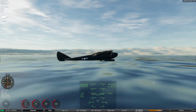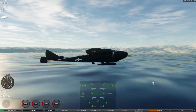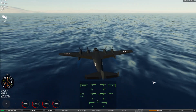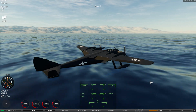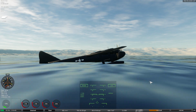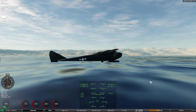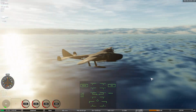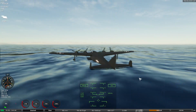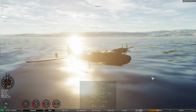Cut the throttle, and we just need to be careful that we don't let the nose go too far in the water. We just got to give it a little bit of elevator to stop that from happening. We'll bring in the flaps, and just don't quite let the speed drop below 50, because unfortunately I'd love to stop, but it just does immediately nose this aircraft over, which is probably an issue on my side. That's probably a design issue, but now for the really challenging part, and the part that I've not tested, which